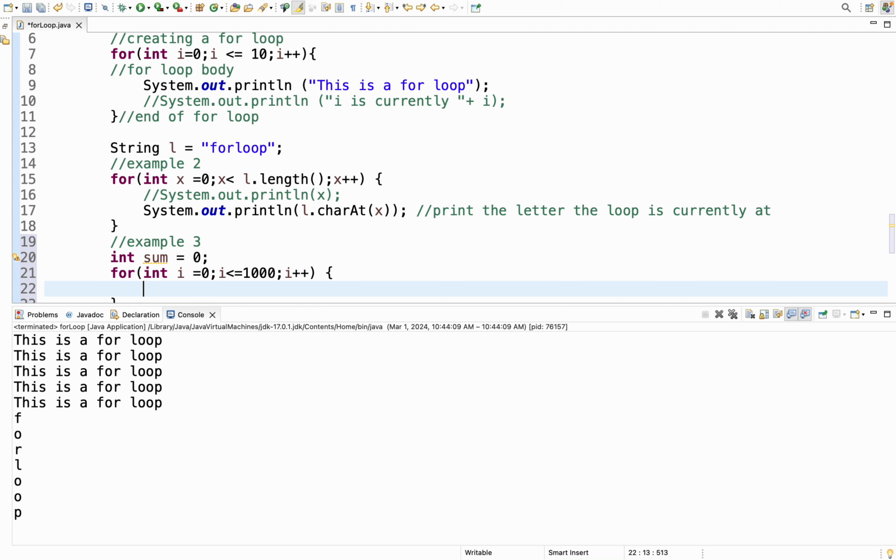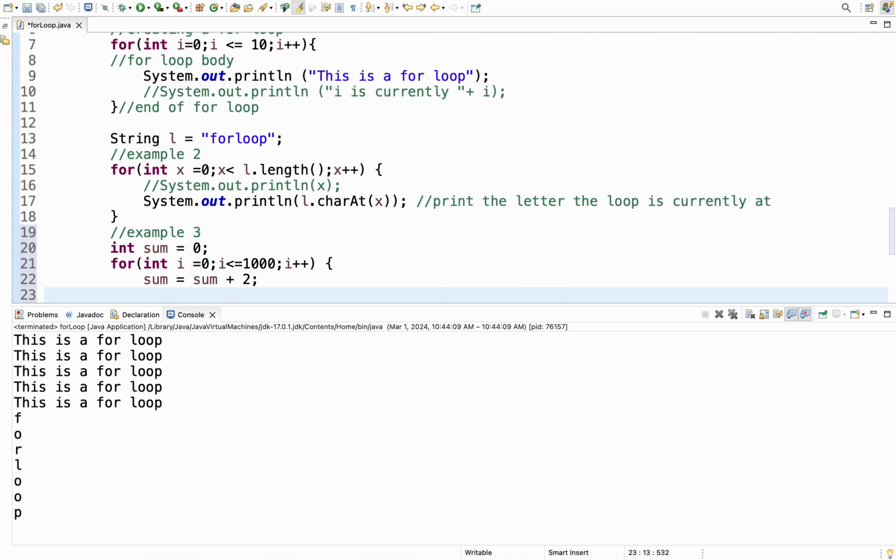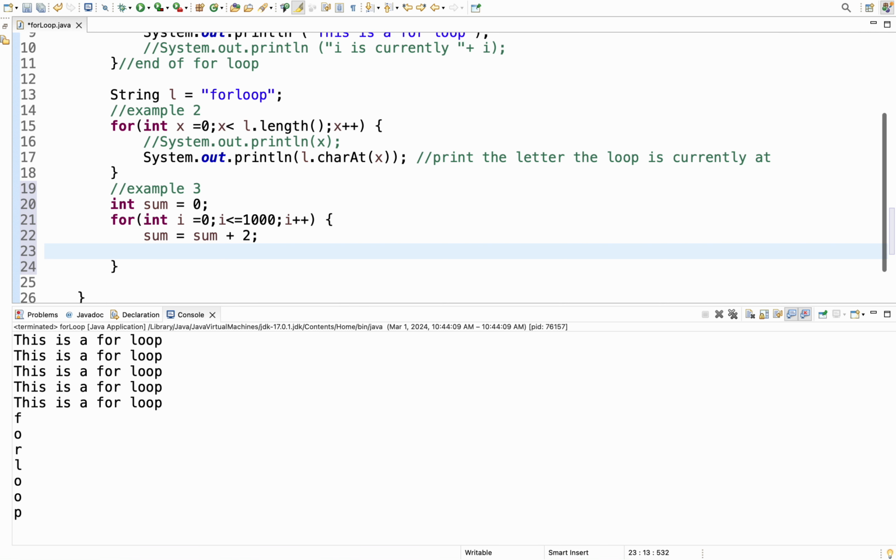So what I'm going to do is say sum is going to equal sum plus, I'm going to give it a number, or let's put 2. So that's going to change the sum, and I'm going to here print out sum is currently